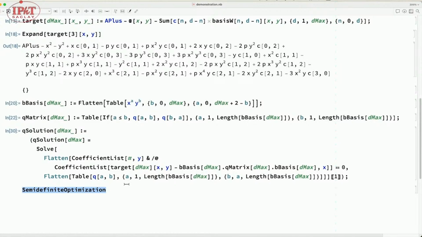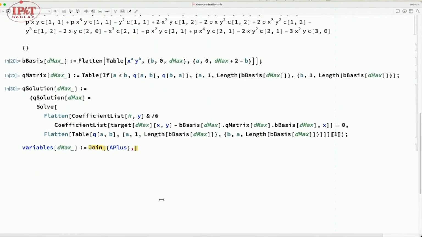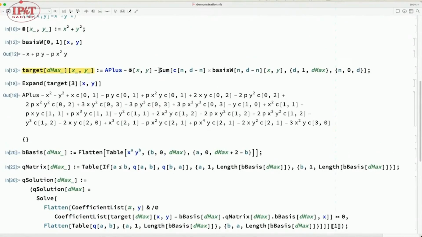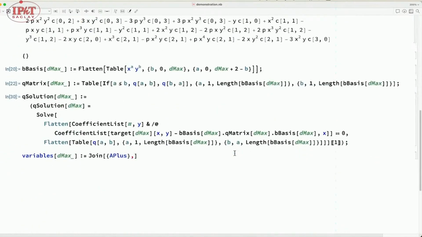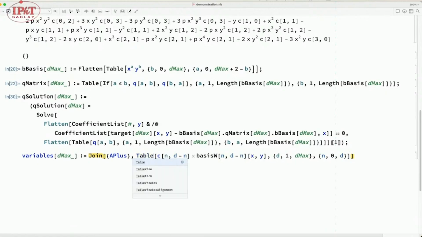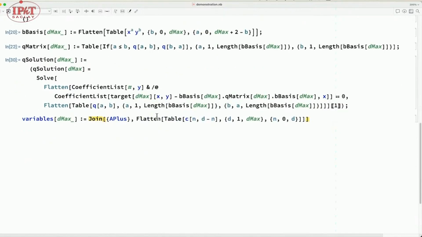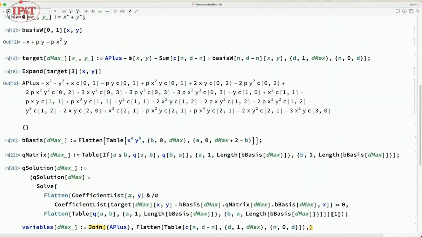So let's define a variable list. So variables at d max is what? Well, one variable that we are trying to solve for is a plus. So that's a list of one element. Then we are trying to solve for these c's. So we're going to put a table. So these are other variables that you're trying to solve for. And finally, we are trying to solve for